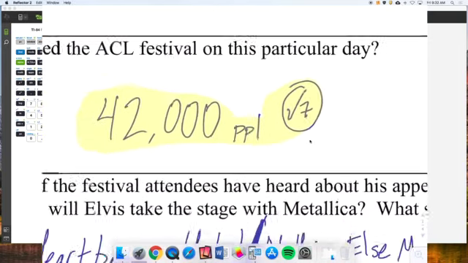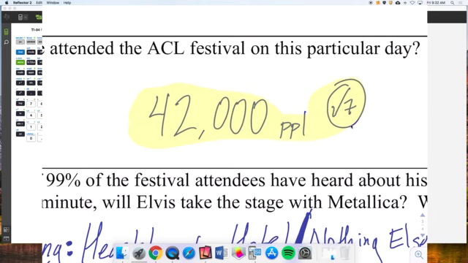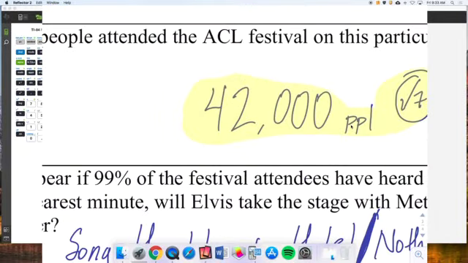Okay, according to the model, how many people attended? I was just looking for the numerator, 42,000 people. Some people put the limit as T goes to infinity of W of T equals that. That's great. Here's what you don't want to do. You don't want to say W of T equals that, because W of T does not equal that. W of T is a variable function, and it varies, okay? Don't do that. Again, if you're going to put anything, you're going to put the limit as T goes to infinity of W of T equals that.